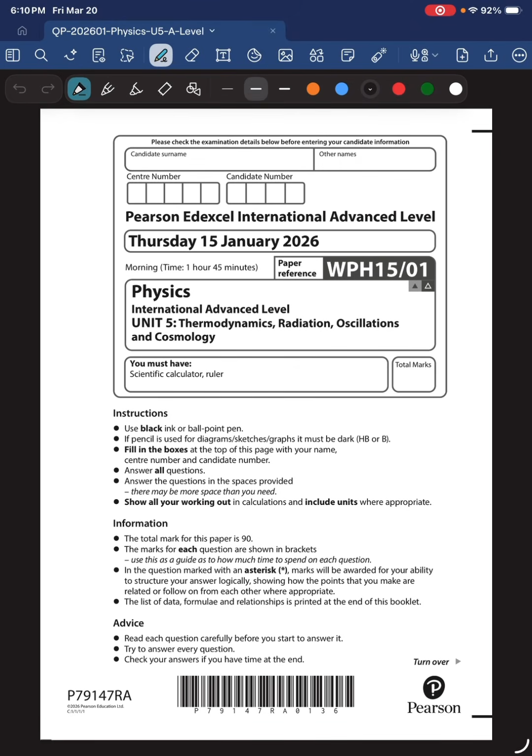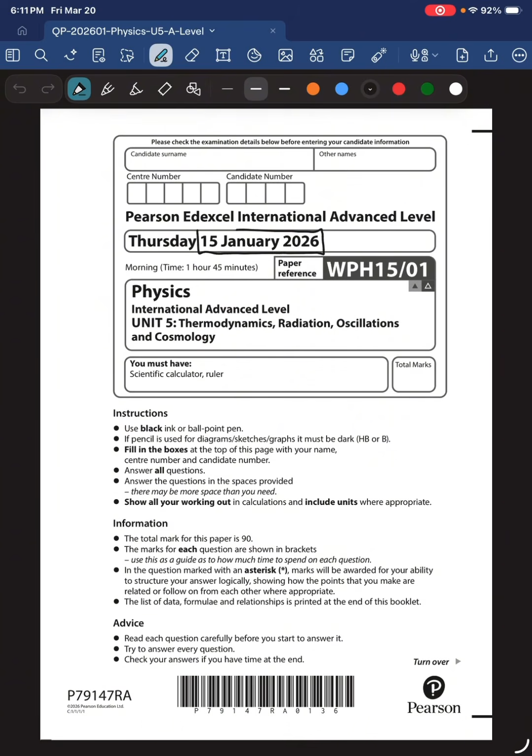Hello all. After a long detour we took by going over Edexcel material from the UK, and I also went over an international GSE test that was paper 1, I believe, or maybe it was paper 2, I don't remember. Anyway, we are returning to the regular units 1 through 6 of the international Edexcel curriculum. And in particular, this is, I believe, the most recent Unit 5 test from